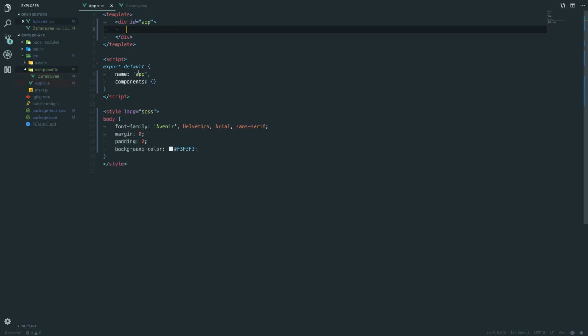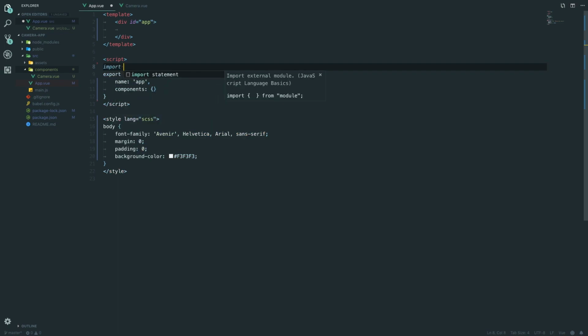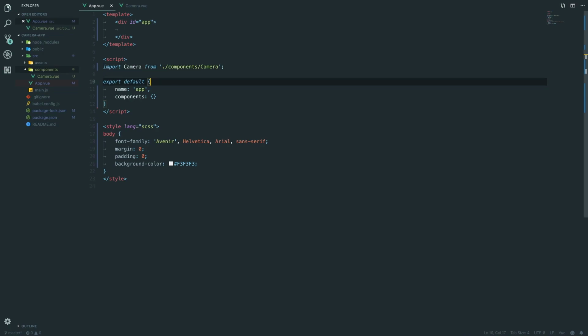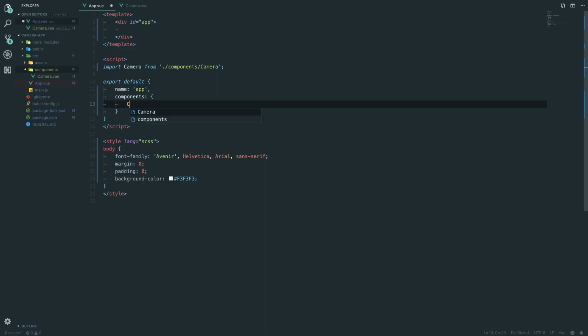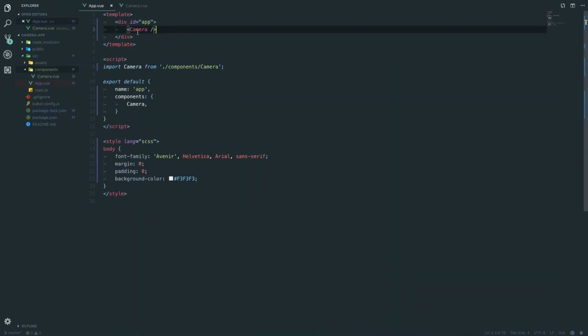And we're going to go back to Vue and we're going to import this in. So we're going to say import camera from dot slash components slash camera. And then in components, we're going to put in here camera, and then we can now call camera. And now if we go here, we've got our snap button there, and we will have our video play camera,